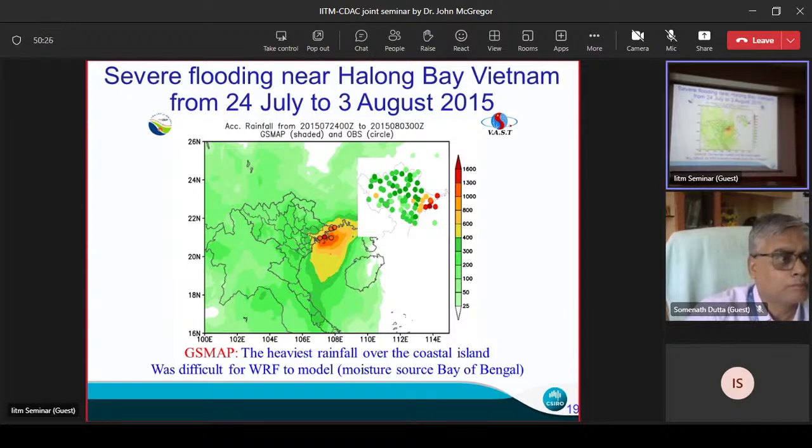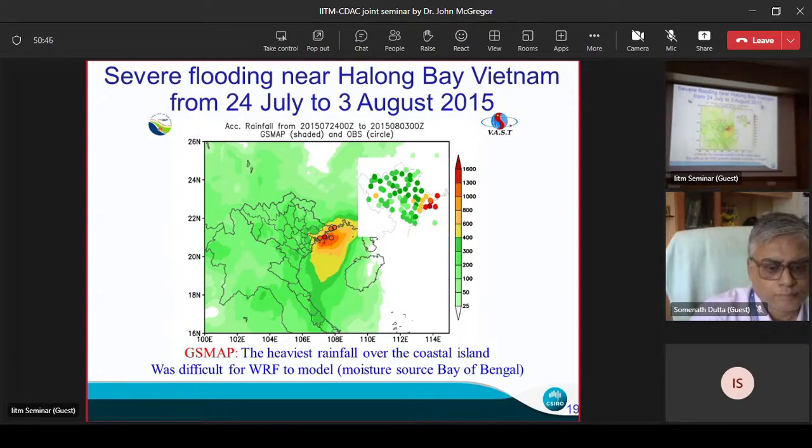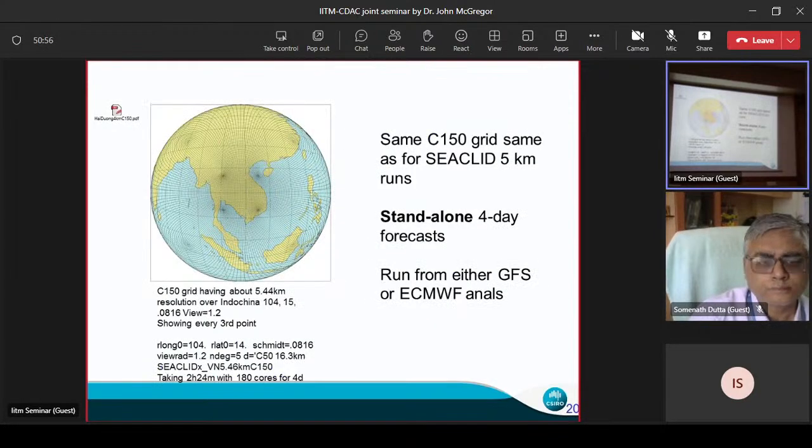You see most of it in the first 3 days of the simulation, and the moisture comes from the Bay of Bengal all the way across up here and drives into a low pressure system and causes all this trouble. So he was finding it difficult to model this. Maybe it wasn't capturing the Bay of Bengal part of it, but I said I'll have a try. And that's the same grid I showed a moment ago for the 5-kilometre runs. But this time,